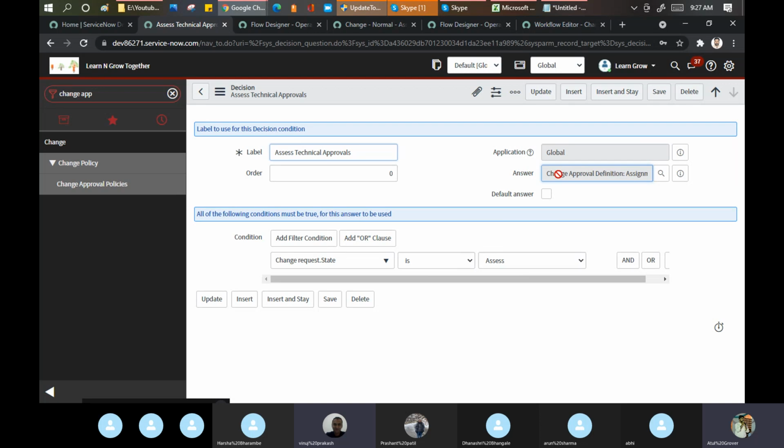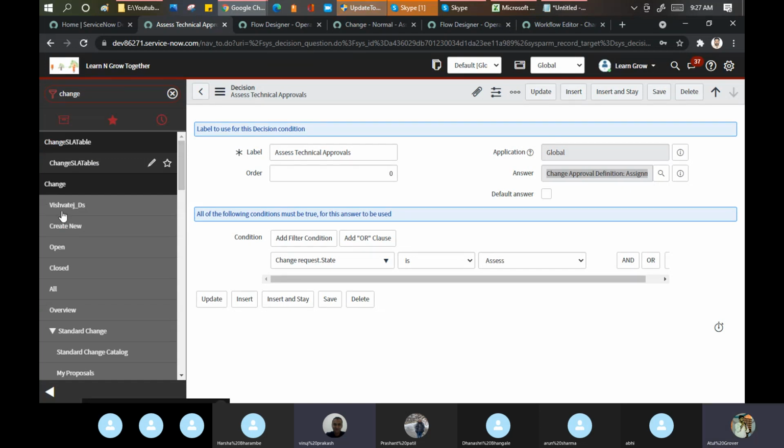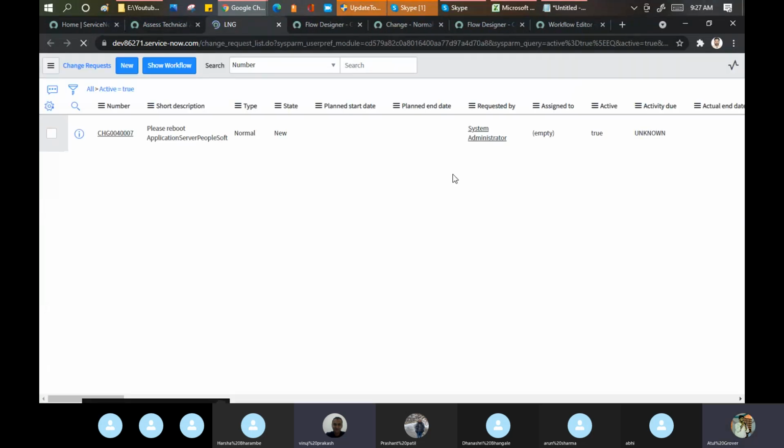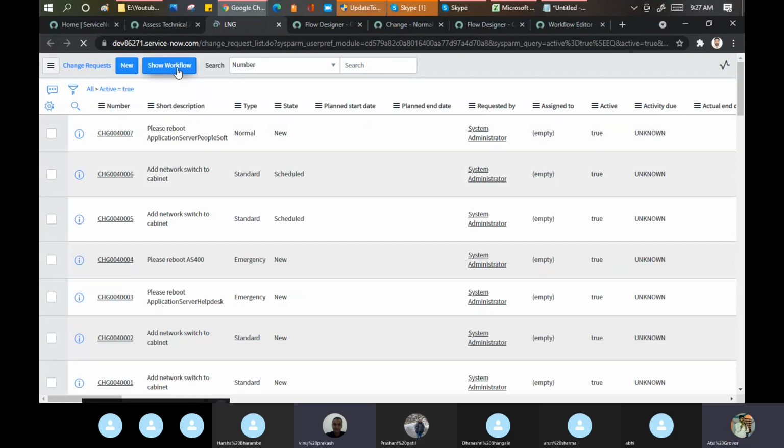particular assignment approval. Where is the assignment group we have mentioned? Oh, this one. From where did it pick up? Oh, it came here, show workflow.